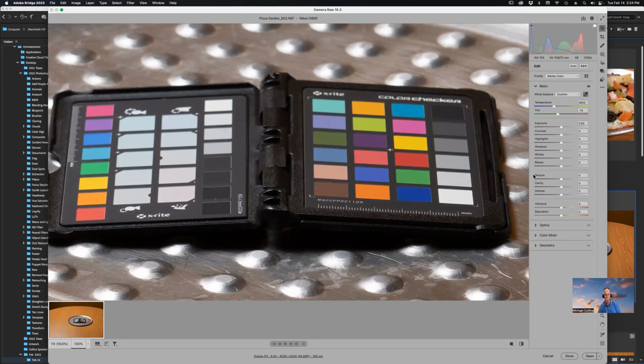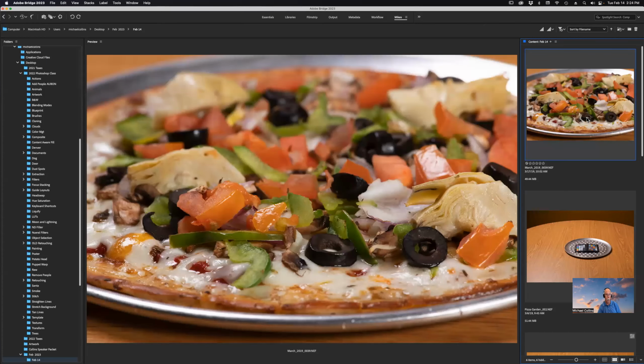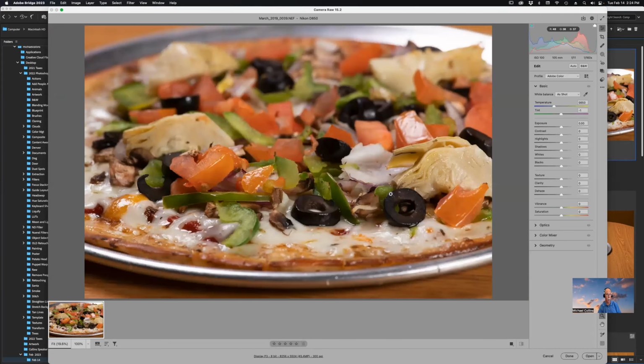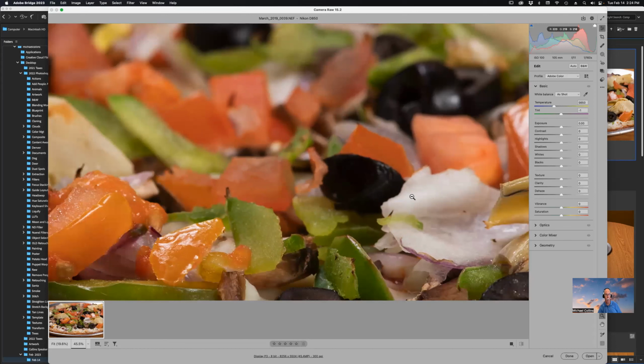Okay, where was I? Close. And then here's the shot I took for real. And I didn't have a color checker in this image, but I want to kind of balance it out a little bit. So what I'll do is I will find the white spot right here on the, I don't know if that's onion or radish or what it is on the pizza, but I'll go to the eyedropper, click on the white part, and you can see that it changed colors